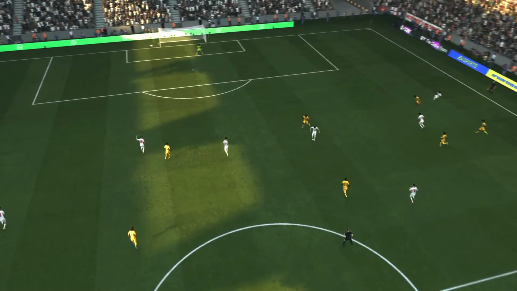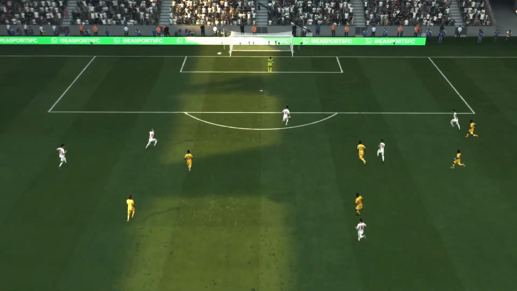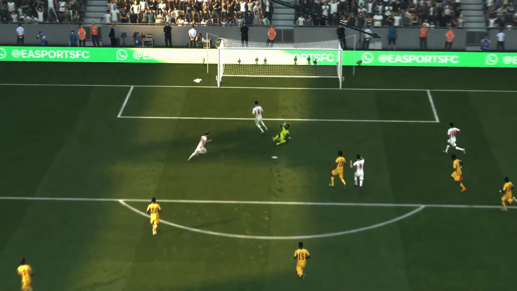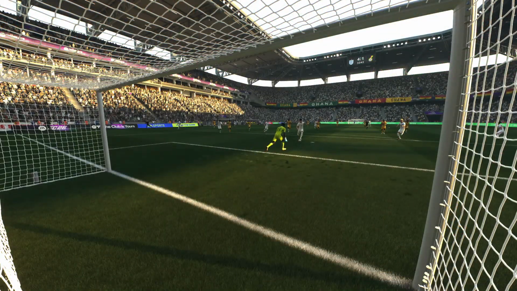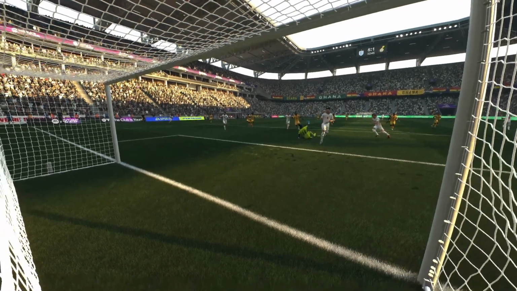Well, let's take a look at it again, and Kane does well to get his head up, pick out the pass, and once he's through, there's no second guessing, goes straight for power, and absolutely thumps it past the keeper. That's a proper striker's finish.